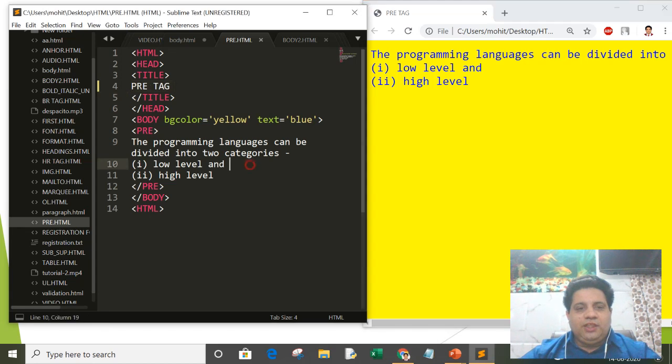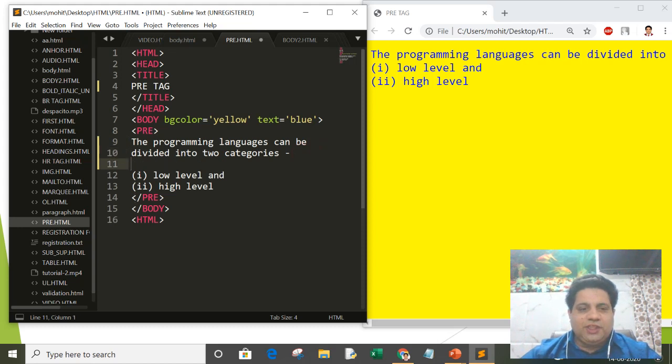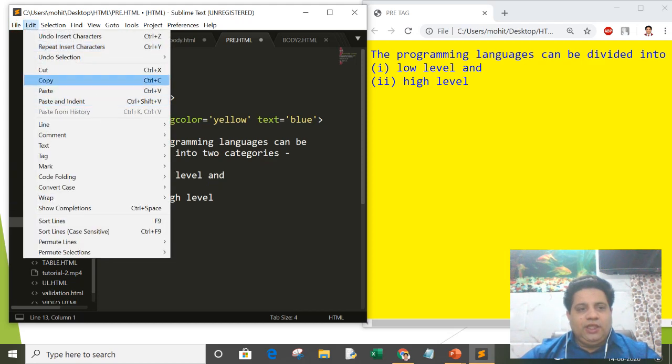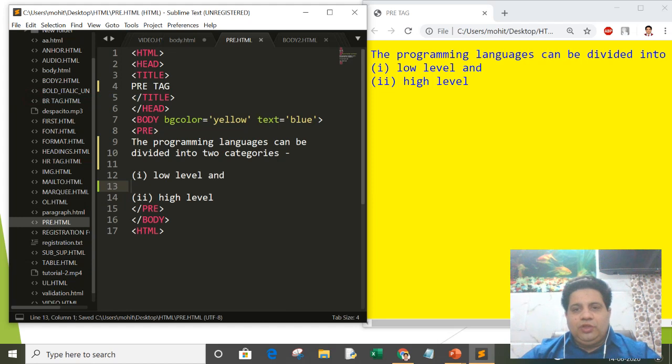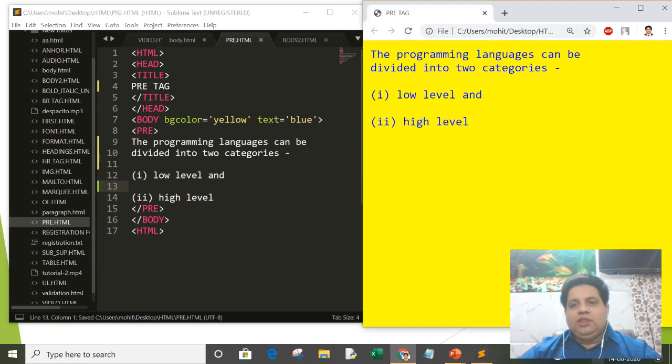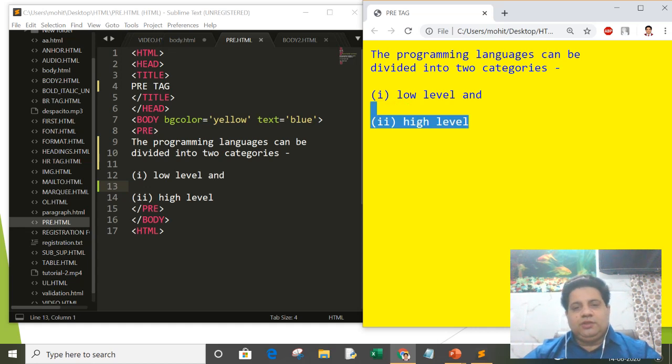Suppose I write the programming languages can be and press enter, divided into categories, then I press enter again, and after the low level I press enter. Now save this file and refresh. See, it is displaying as it is. After categories it displays a new line, and after low level it again displays a new line.